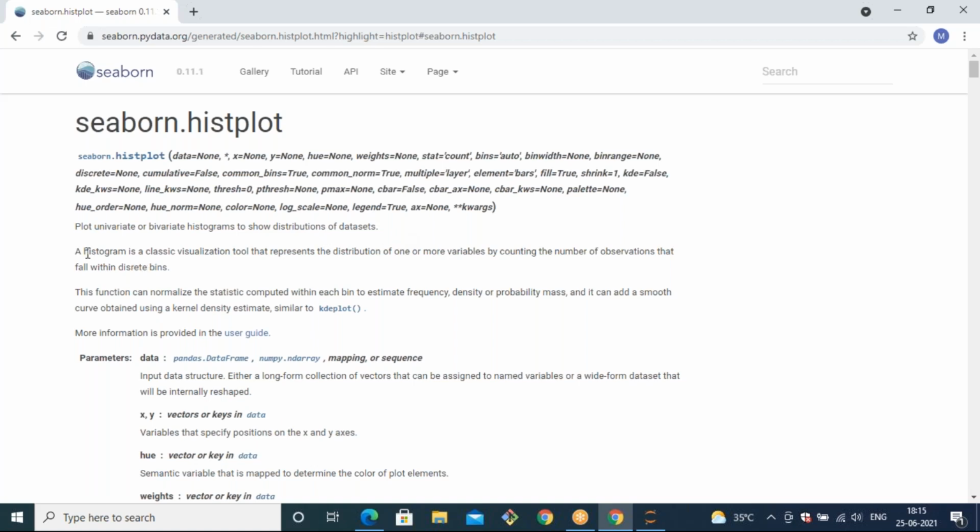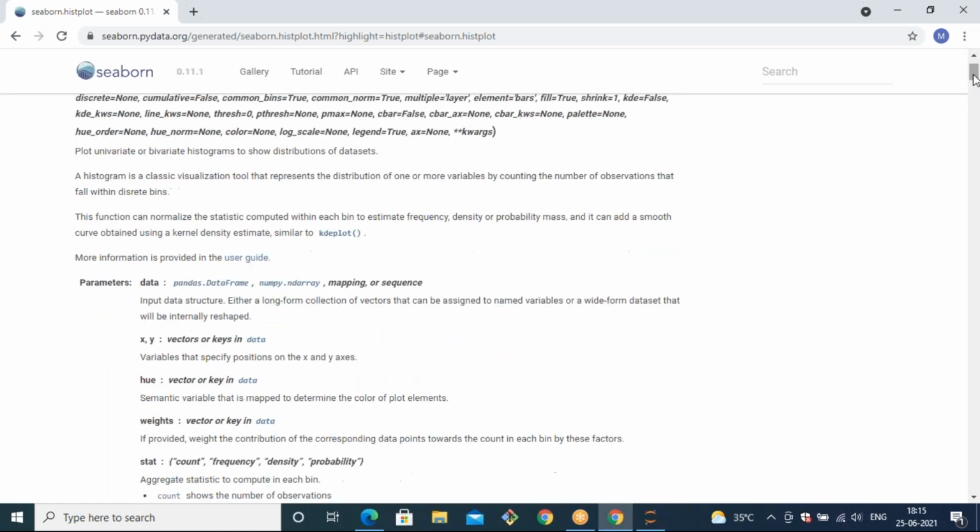A histogram is a classic visualization to represent the distribution of one or more variables by counting the number of observations. So that you can understand the bins. We are already seeing the bins. With bins, we tell how many distributions you want to perform.